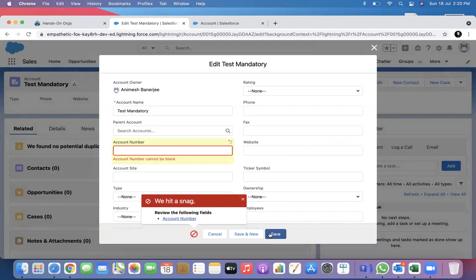Whenever you are trying to save a record, your validation rule will fire and make sure the condition on all the fields on which the validation rule has been made is taken care of. Otherwise, it will block it. So validation rule is a blocker. It blocks from saving a record. So the condition you write inside it is a condition which you want to block.